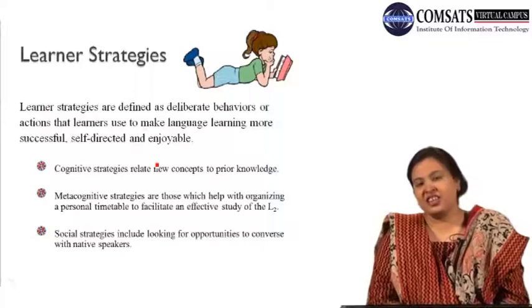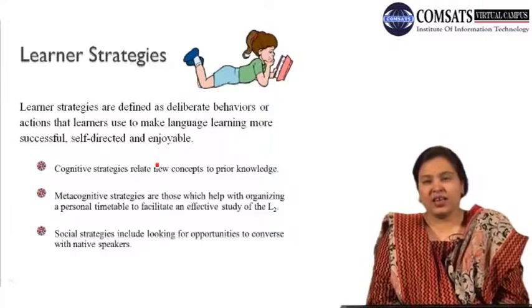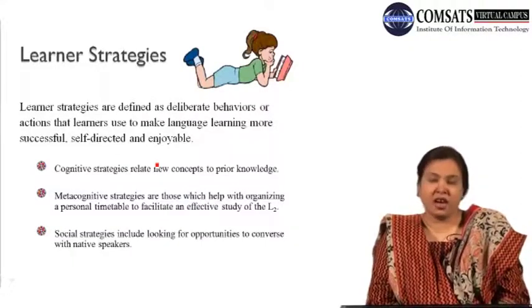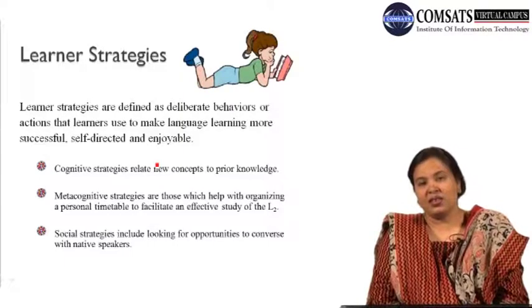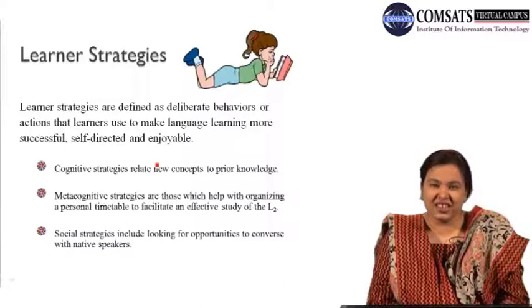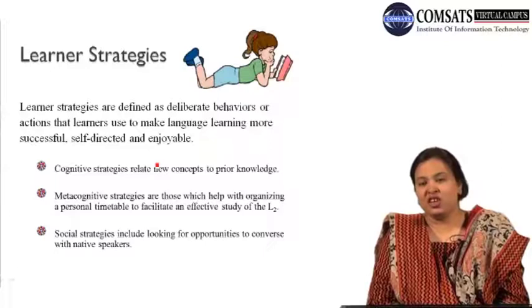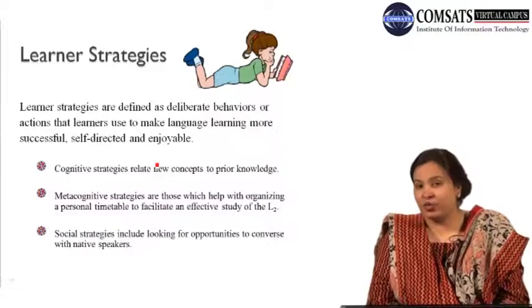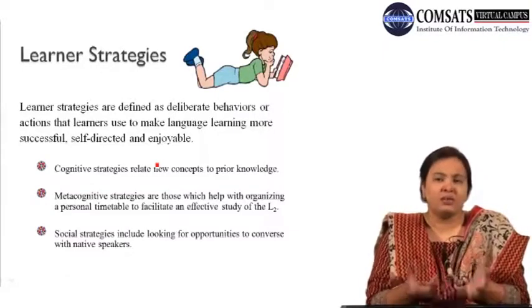Now we will talk about some of the strategies that learners usually employ to learn a language. The linguists and researchers have highlighted three types of strategies. According to them, learners of a second language use three types of strategies: cognitive strategies, metacognitive strategies, and social strategies. What are these? By cognitive strategies, they mean that the learner of the second language, sometimes children, sometimes adults,